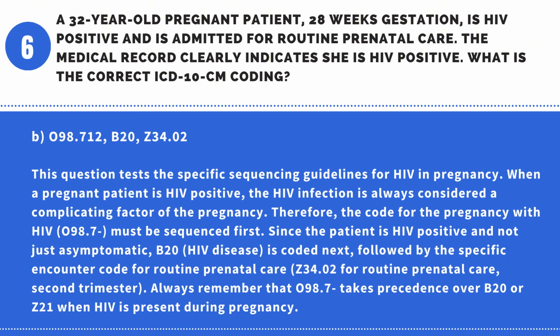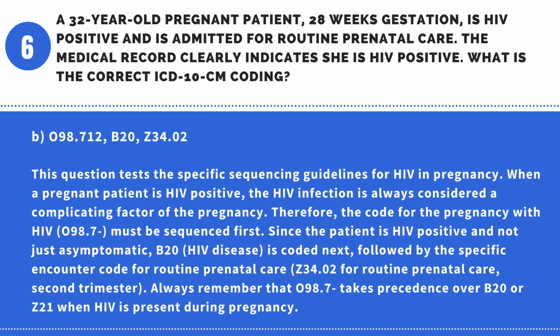Answer B. O98.712, B20, Z34.02. This question tests the specific sequencing guidelines for HIV in pregnancy. When a pregnant patient is HIV positive, the HIV infection is always considered a complicating factor of the pregnancy. Therefore, the code for the pregnancy with HIV, O98.7, must be sequenced first. Since the patient is HIV positive and not just asymptomatic, B20 HIV disease is coded next, followed by the specific